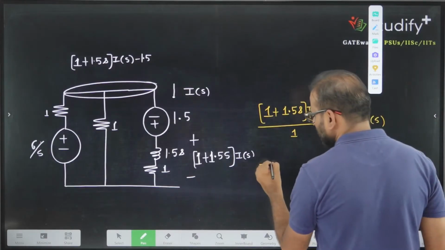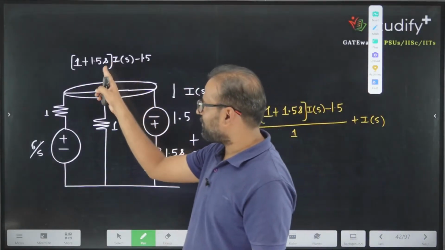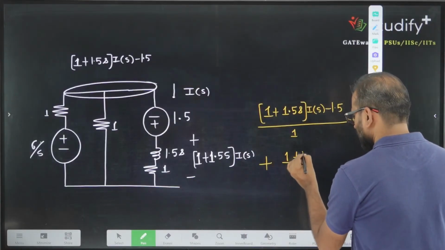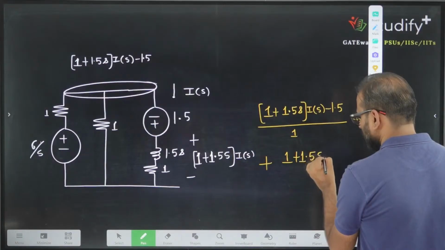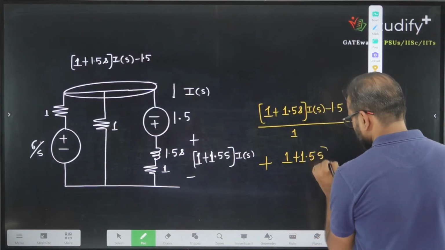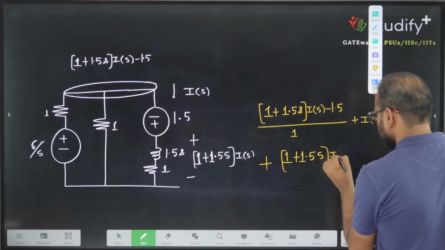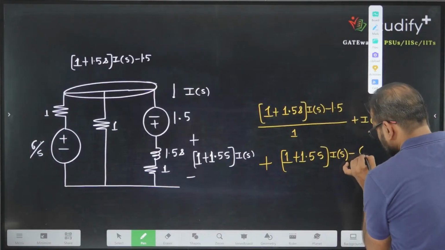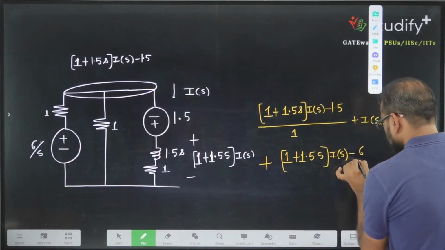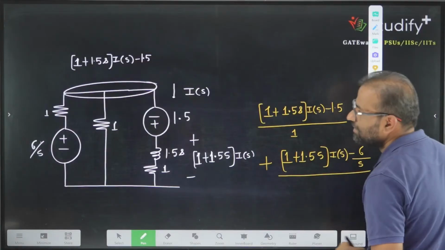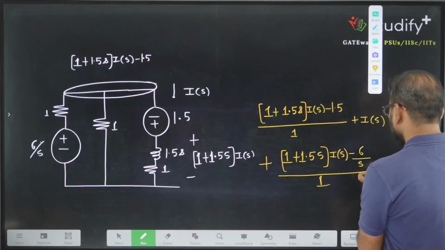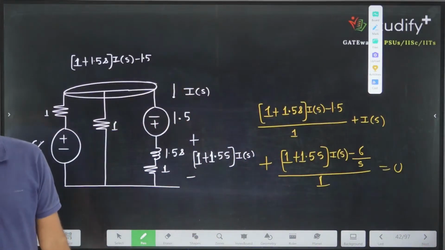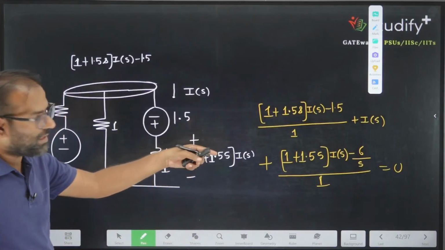And one more current we are having is this potential minus this potential divided by resistance: 1 plus 1.5 s into I of s, minus 6 by s, divided by 1. The sum of all these three currents is equal to 0. So you can calculate the value of I of s from here, and when you calculate the inverse Laplace, you will have